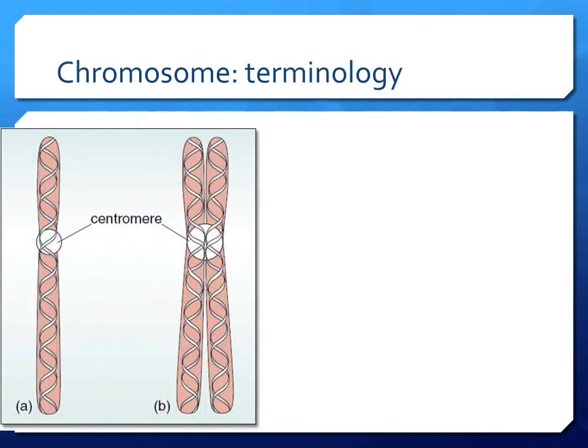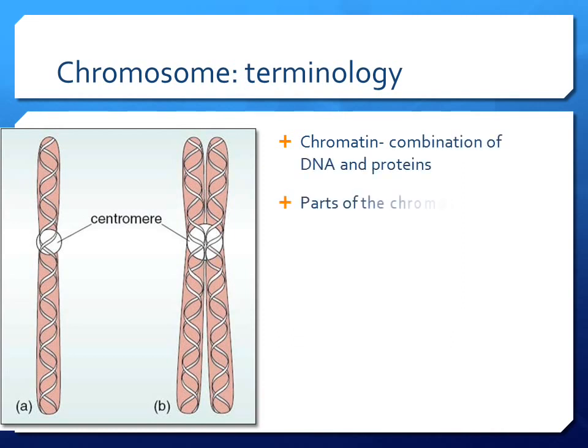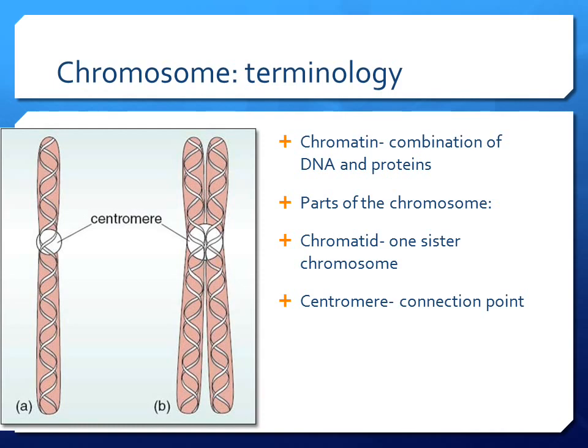You can see the connection point between the two sister chromatids is called the centromere. And again, as we saw before, chromatin is a combination of DNA and proteins, and that's basically the histones forming around the nucleosomes. Each chromatid is one of the sister chromosomes, and the centromere is the connection point between them. So again, the centromere is the connection point between them. The chromatid is the terminology for one of the sister chromosomes, and over here on the left side, you see one chromatid, and on the right